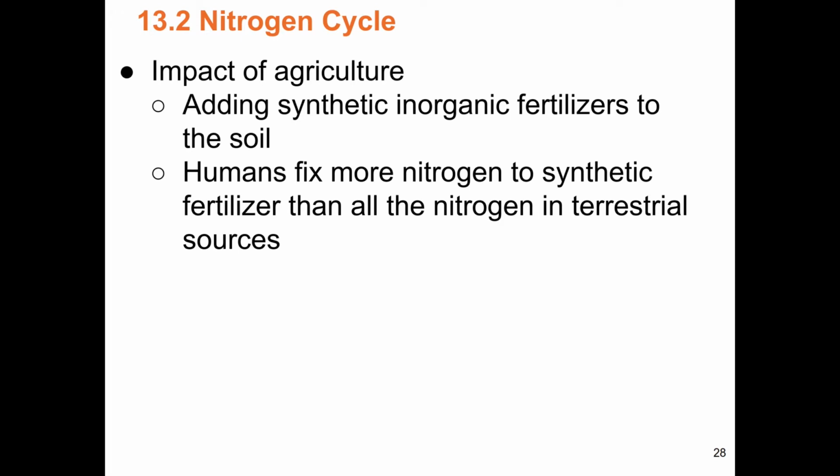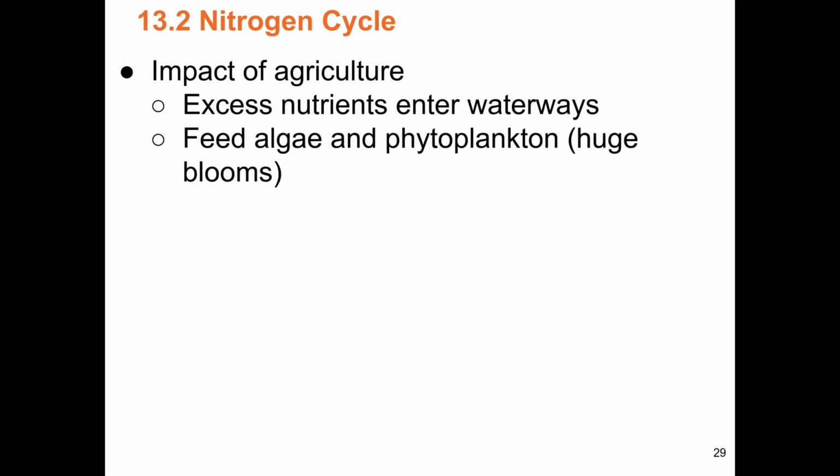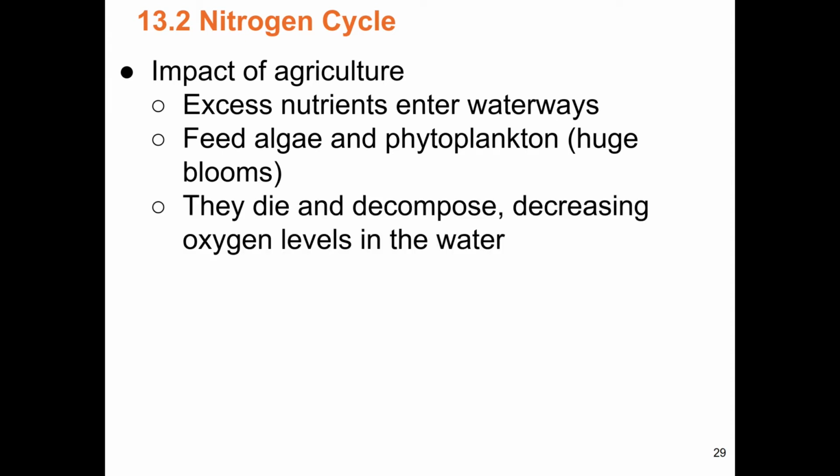So some of the problems: the nutrients, the fertilizer, goes into water and it feeds algae, and the algae goes crazy and they reproduce like crazy. It's called an algae bloom or phytoplankton bloom. Phytoplankton are the little plants in the oceans and water that are photosynthesizing. So all the algae and phytoplankton then die, and then when the decomposers start to eat them, conditions are great for the decomposers, so they start reproducing. So now the algae's dead, and the decomposing microorganisms are achieving really high population levels because conditions are so good.